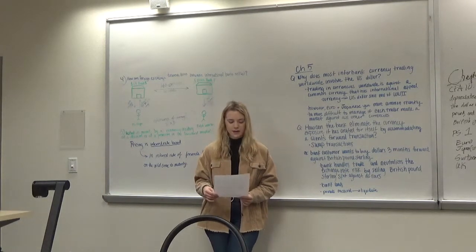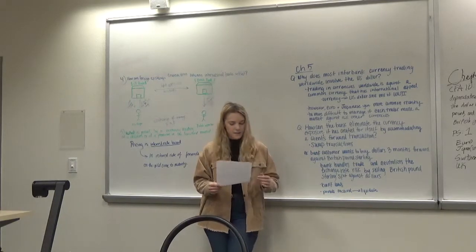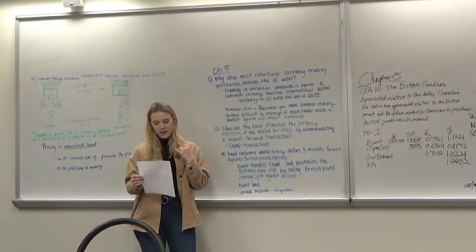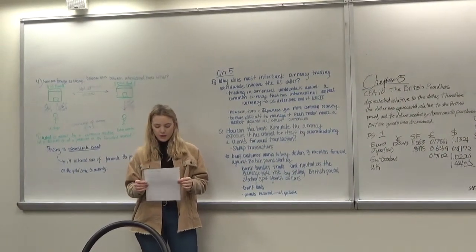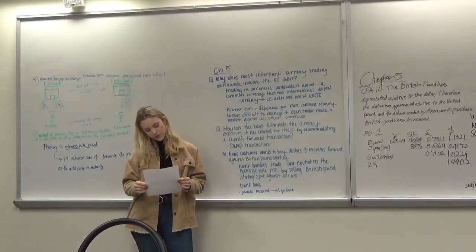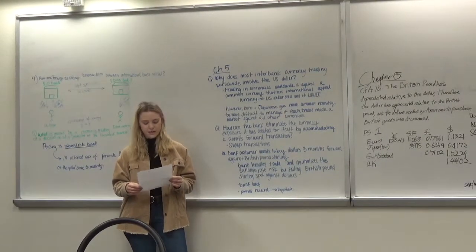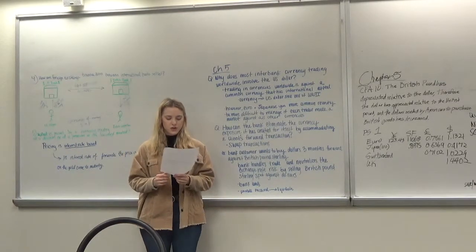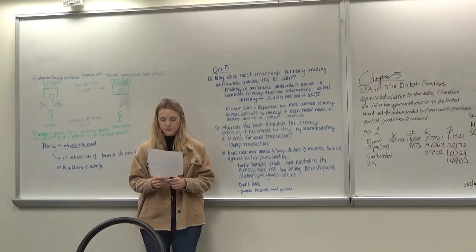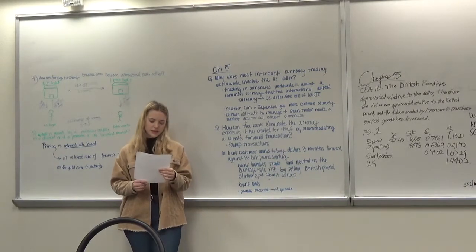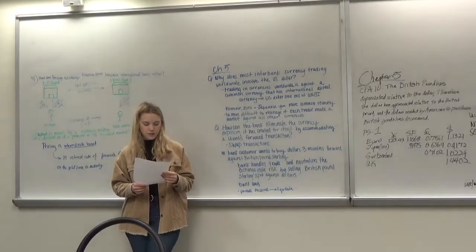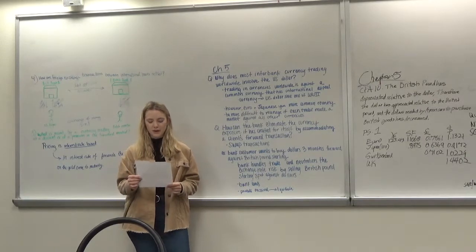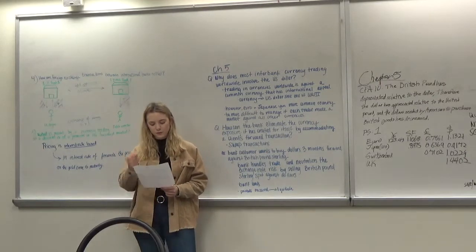And then question 7 said that banks find it necessary to accommodate their clients' needs to buy or sell forward in many instances for hedging purposes. How can the bank eliminate the currency exposure it has created for itself by accommodating a client's forward transaction? The answer says that swap transactions, which are simultaneous sales or purchases of spot foreign exchange against a forward purchase or sale of an approximately equal amount of the foreign currency, provide a means for the bank to mitigate the currency exposure in a forward trade.